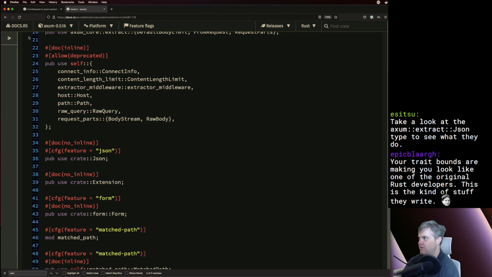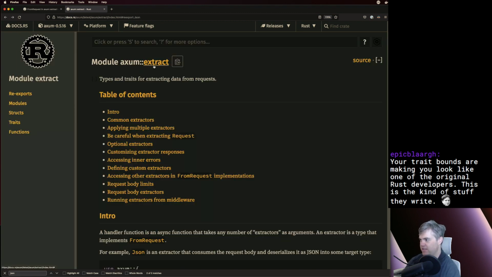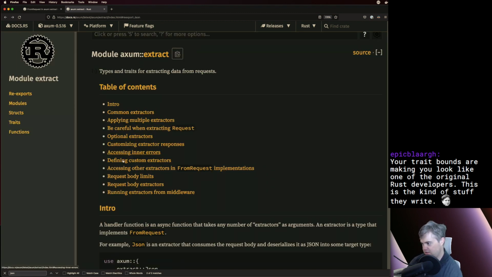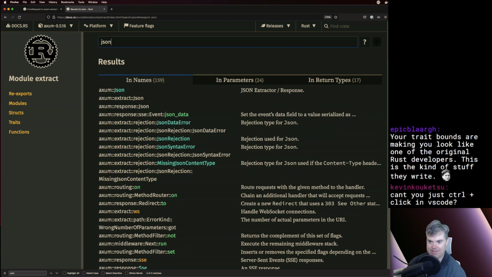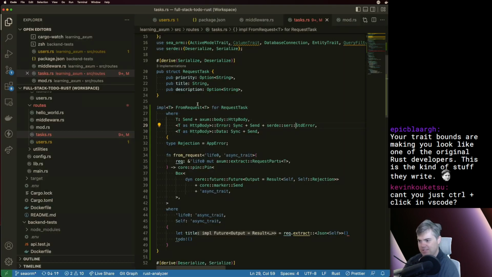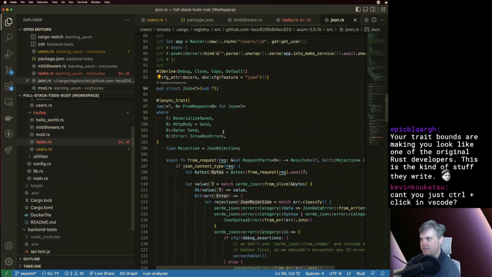Great. Okay. Well, that did not take me to where I expected it to go. Okay, so from request, I want extractors. Let's do the JSON again. Can you just control click sometimes? If we take a look at extract JSON, yeah, okay. I guess going to go here. I'm too used to going to the documentation and having it just work. But okay, so